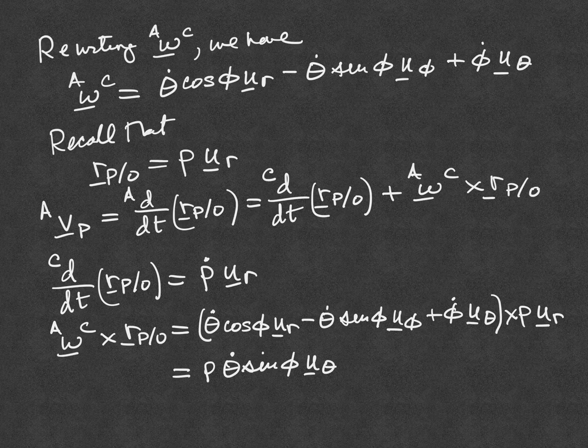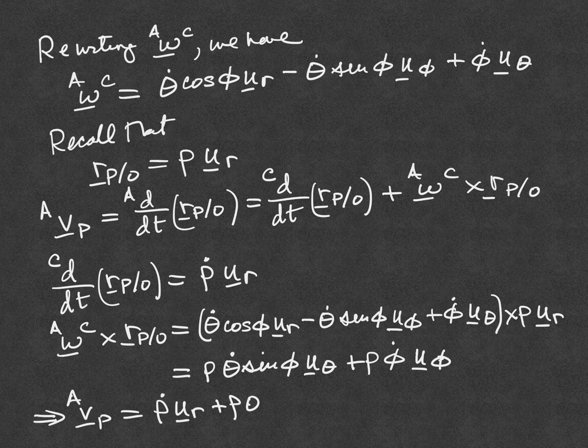And then U theta crossed with UR is U phi, so I get plus rho phi dot U phi, which then implies that the velocity of point P in reference frame A is equal to rho dot UR plus rho theta dot sine of phi U theta plus rho phi dot U phi,